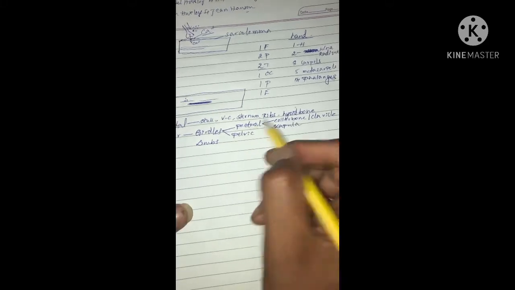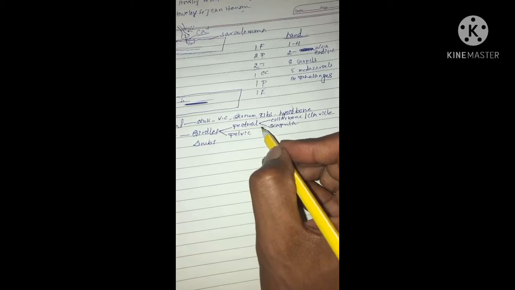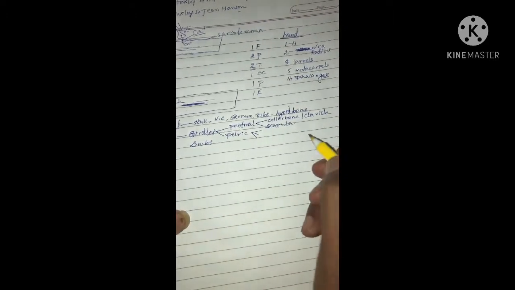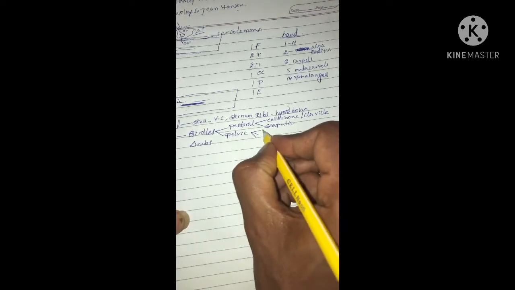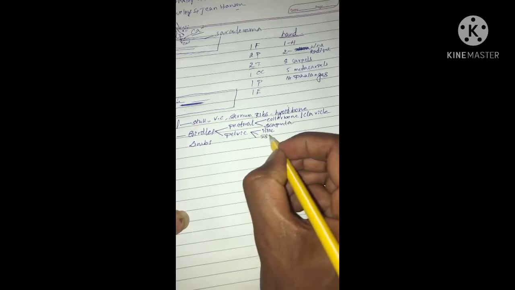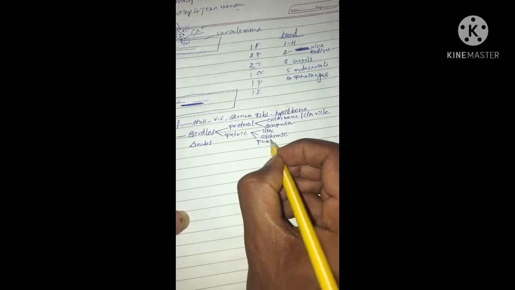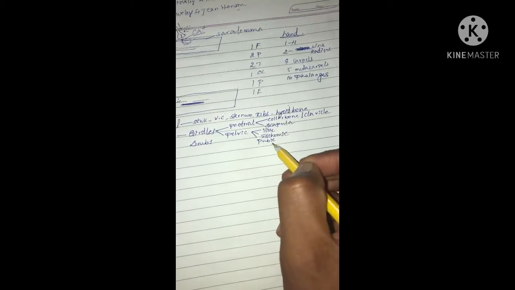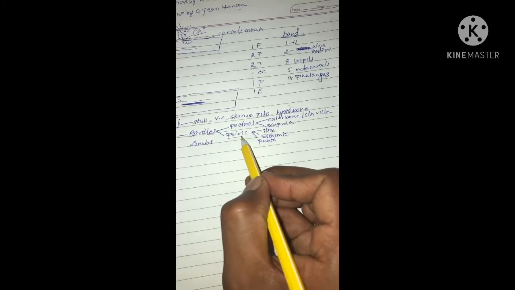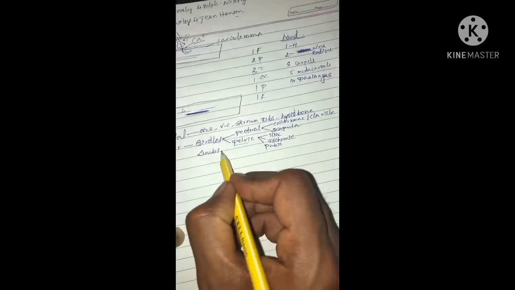The pelvic girdle is commonly known as the hip bone. This pelvic girdle is formed due to the fusion of three bones. One is the iliac bone. Another one is the ischium. Another one is the pubic bone. Due to the fusion of the three bones, the pelvic girdle is formed. This is also known by one more name, the innominate bone.